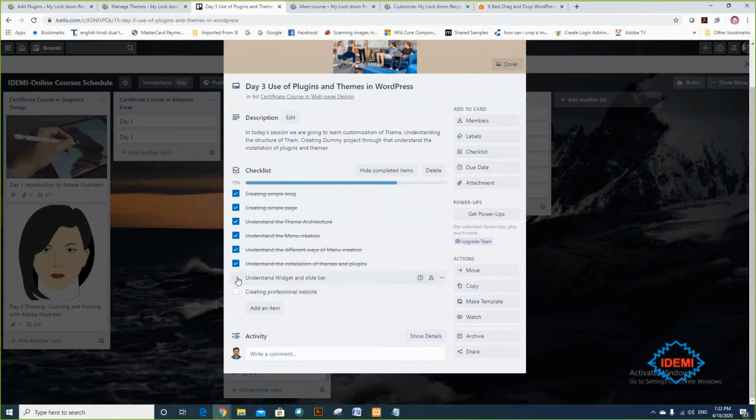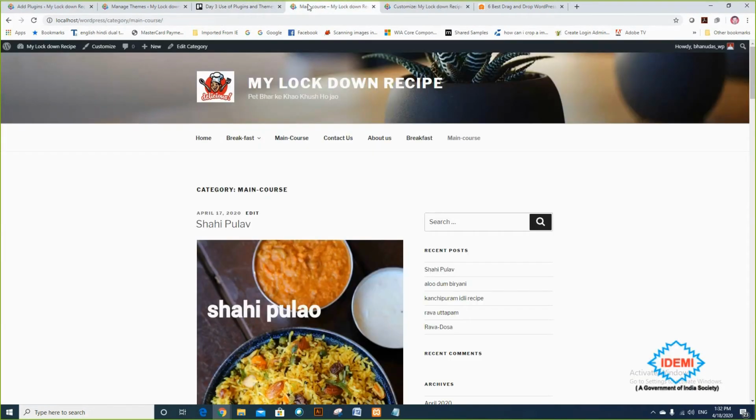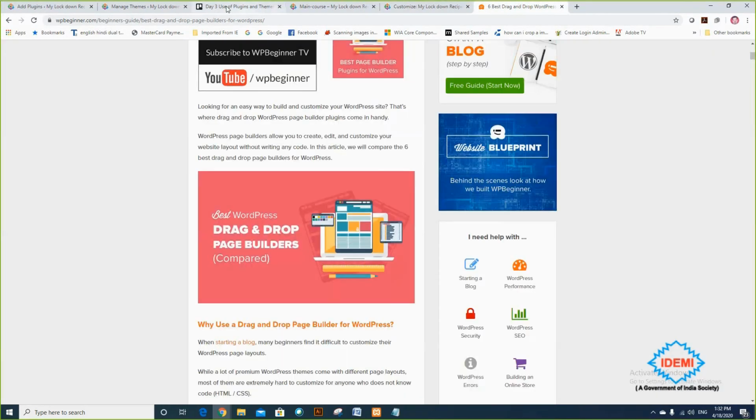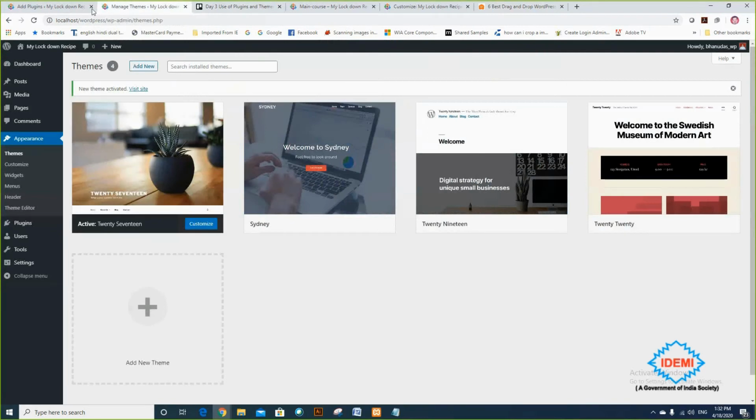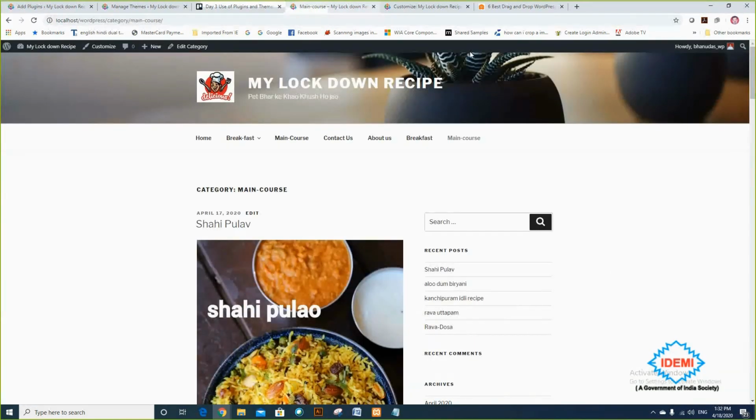Under that there is something called a widget and the sidebar. So before installing, we are installing that under the website. Installation is taking place now.